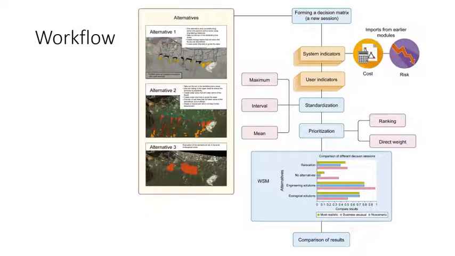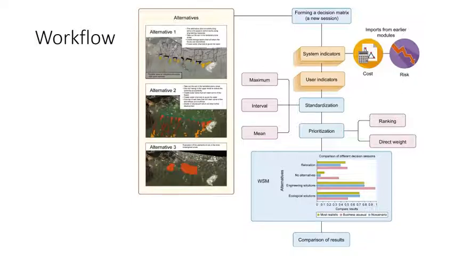This platform is using future scenarios such as business as usual, risk and cost-benefit analysis to help decision makers by using multi-criteria decision making to find the best solution. The indicators are imported from the system, that is risk and cost, or they can also be added manually by the user into the system. The system will guide them through the decision-making steps to rank and standardize the indicators, and then will show them the best alternative solution based on the prioritization.